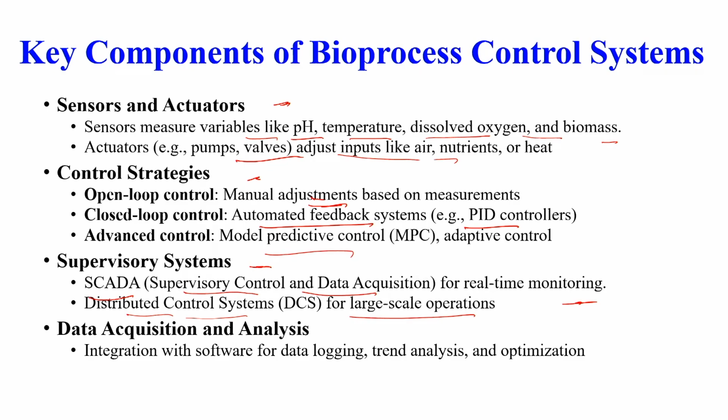scale operations. In addition to this, data acquisition and analysis is very important. So, there is a need for integration with software for data logging, trend analysis and further optimizations. So, these are the key components of a bioprocess control system. First you need to have the sensor and actuator, then you go for the control strategy, whether it is open loop, closed loop or advanced. Then what supervisory systems are there and how this data acquisition and analysis is